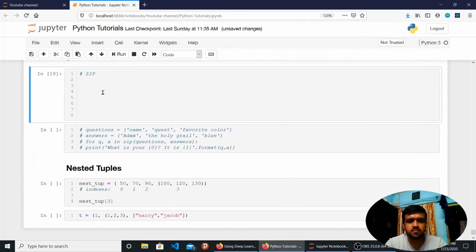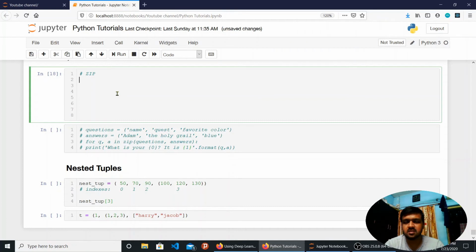So next up, one more important function that we can use whenever we want is zip. What the zip function does is, let's say you have two tuples. Let's take a small example. Let's say I have a tuple having roll numbers of some students and a separate tuple having names of the students, and I want to use both pieces of information together to perform some operation. I can use the zip function for that. One thing to keep in mind is that the length of both tuples should be the same. You cannot use the zip function when you have varying lengths in both tuples.